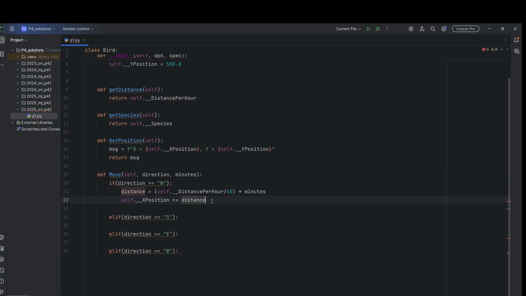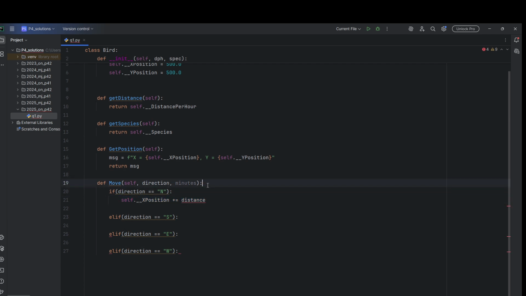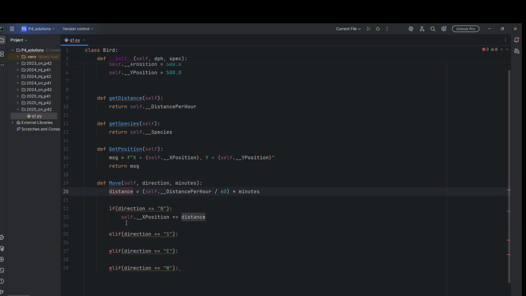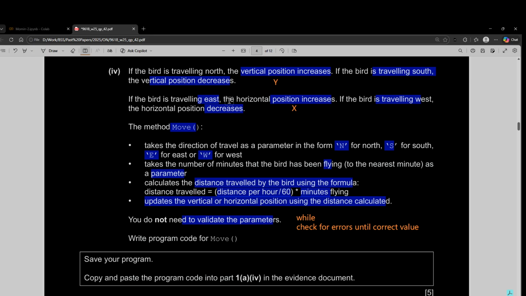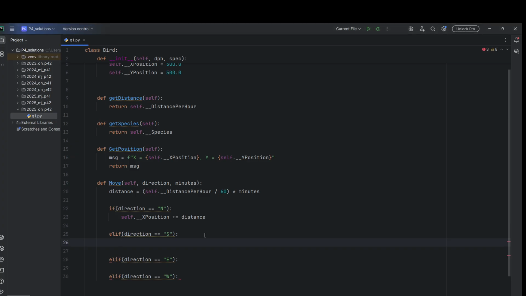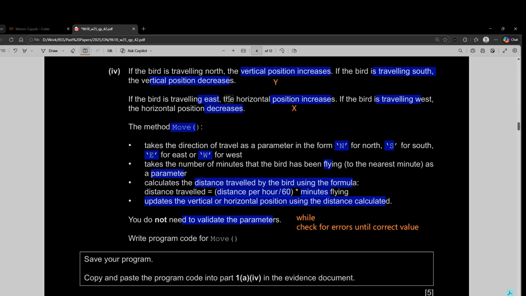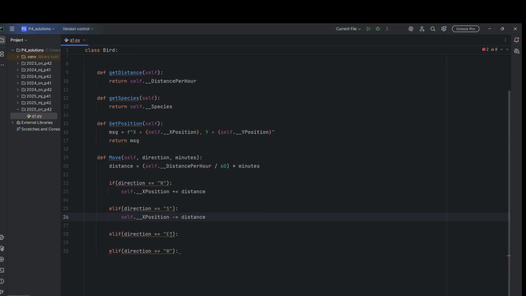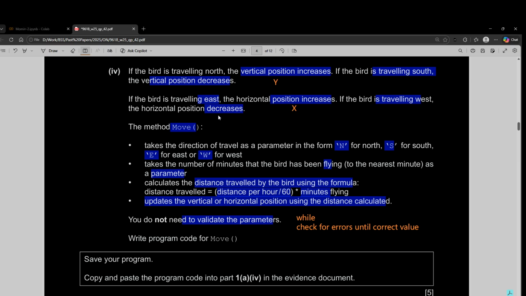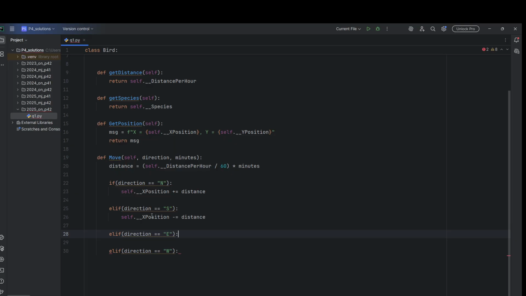Okay, and now we repeat the same thing throughout. So we don't even need to copy paste this line. We can just bring it outside here. We just calculate the distance once and we update the positions accordingly. So north is X position, and then south is also X position. So here we have minus the distance. Then we have east, where horizontal position is changed. So these should be in fact Y, vertical, not X. Okay, so east is X position, and